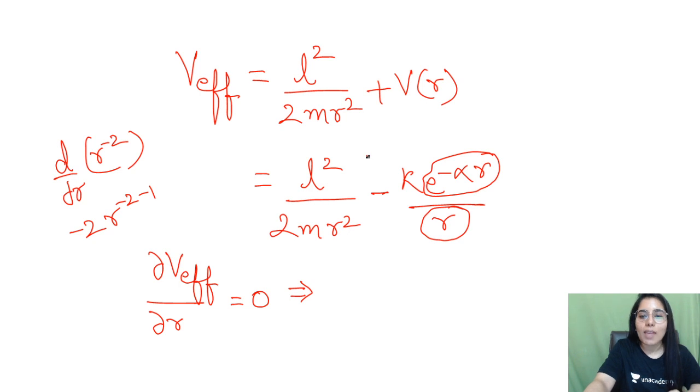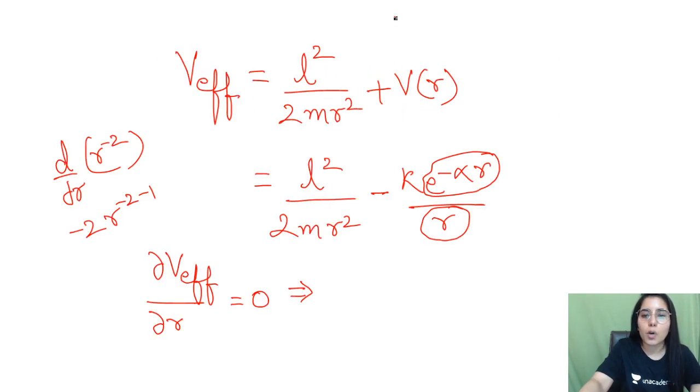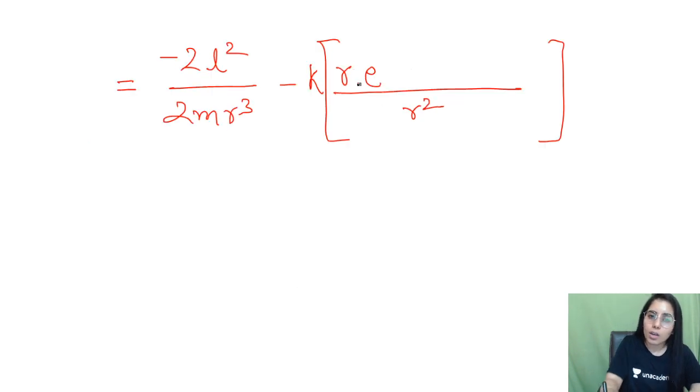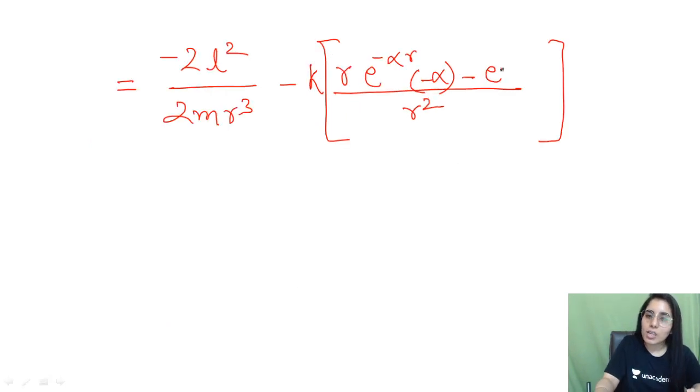Next point, I will keep the denominator as it is and I will differentiate the numerator first of all, which will be giving us minus alpha e to the power minus alpha r. So I can write minus alpha here. Done? Then minus sign, we will consider the first term, the numerator, as it is now, and we will be differentiating the denominator, which will give us just 1. So simply you can write 1 here. Done. Now take the minus sign common and this value will be equal to what?